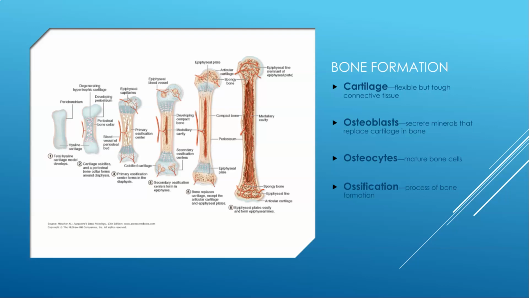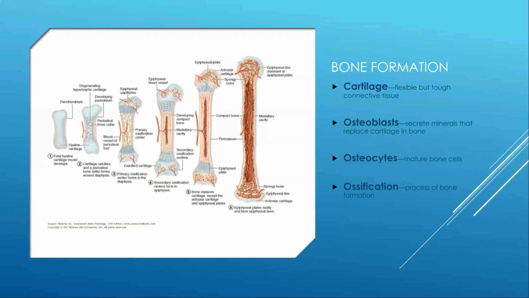You can bend it in all sorts of directions. For example, your ear is cartilage, like the tip of your nose. Your ears are pretty flexible. You can't really break your ear, can you? But over time, as you grow, as infants grow into toddlers into bigger kids and adolescents, your bones form,